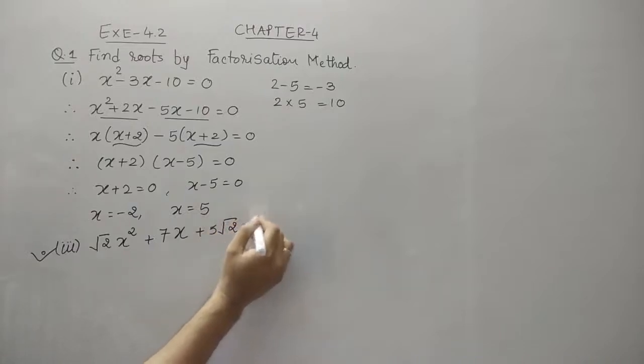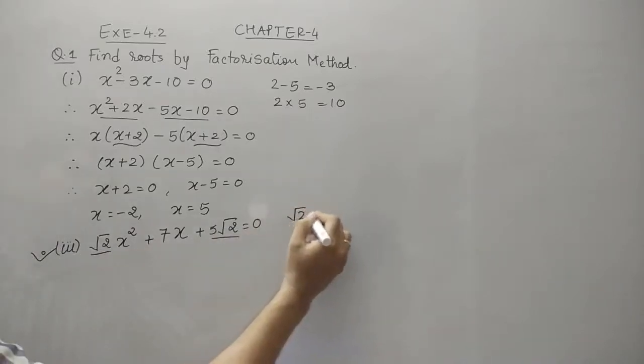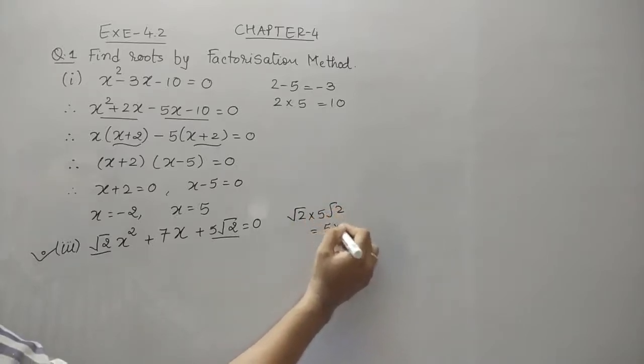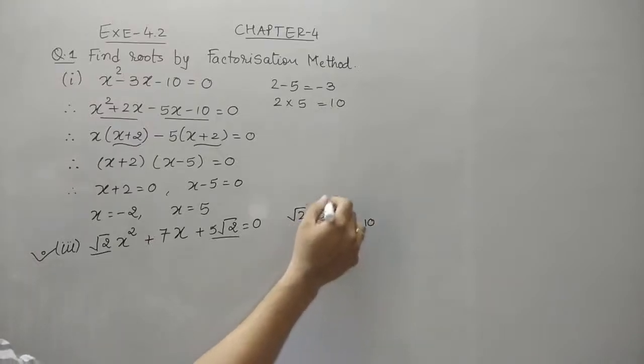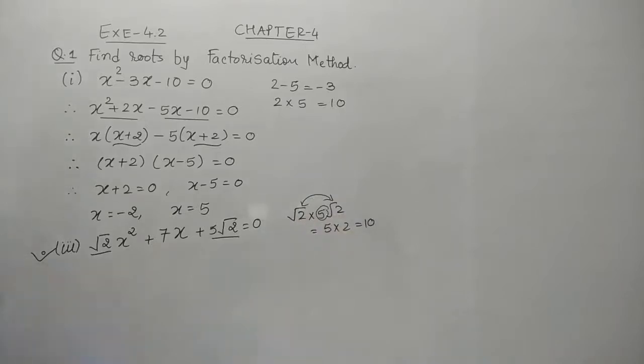Again we'll ask the three questions and we'll give the answers and we'll do the sums. First of all, we have to find the factors of which number. So again, the product of the coefficient of x squared and the constant: root 2 and 5 root 2. So you can see the product is 5 into 2, that is 10. How is it 5 twos? Because 5 is rational and these two are irrational, whose product root 2 into root 2 is 2. So the first answer we obtain: we have to find the factors of 10.